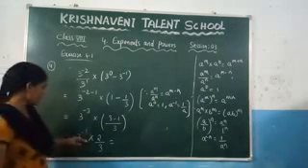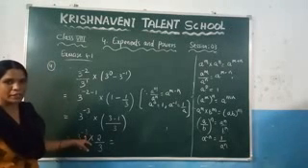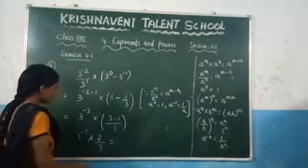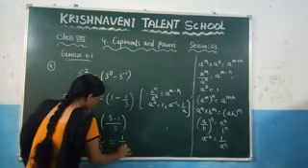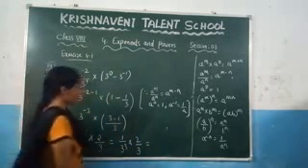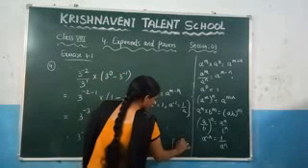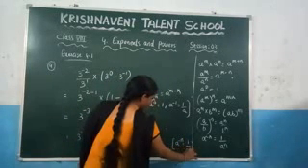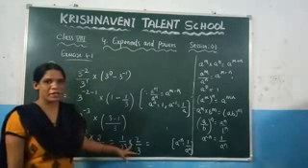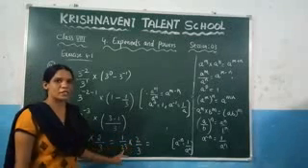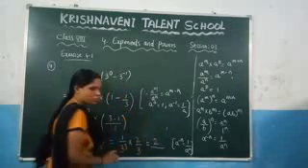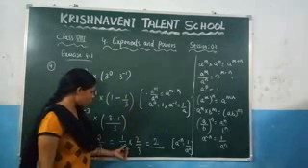And again here you can observe that it is in the form of a power minus n. What is the formula for a power minus n, which is nothing but 1 by a power n. So by applying that one, you can write this one as 1 by 3 cube into 2 by 3. So by which identity we have applied here, which is a power minus n is equal to 1 by a power n. Now similarly here you can observe here we are multiplying the fractions. So you can multiply the numerators and you can multiply the denominators. So that what you will get? 1 into 2, which is nothing but 2, and here 3 cube into 3.